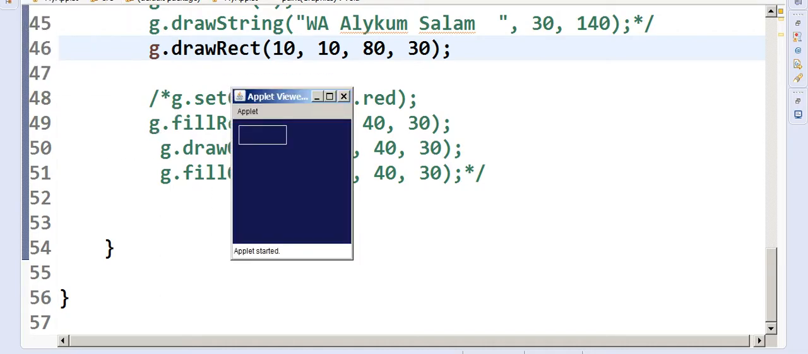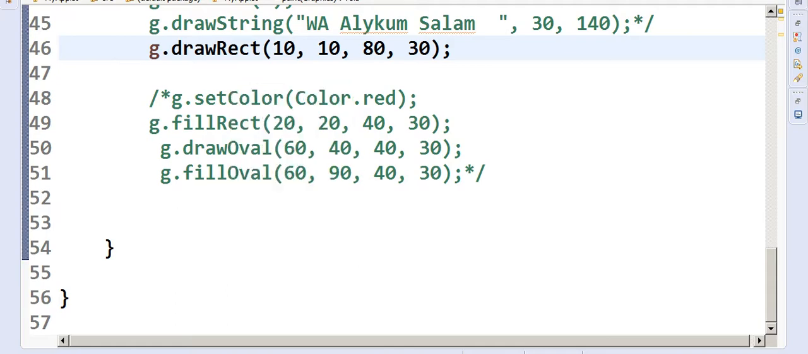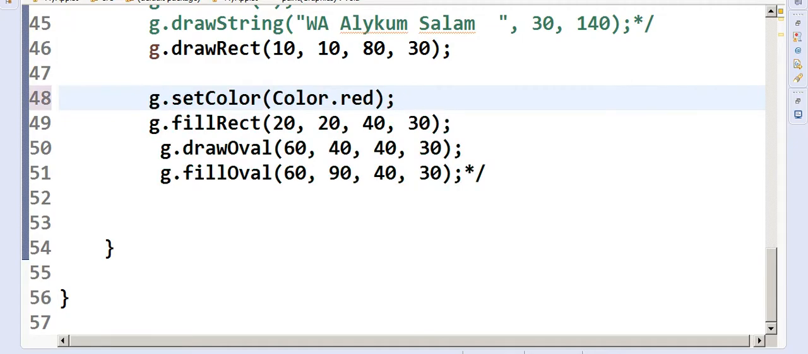So it's definitely been a bit width. As you can see, width has increased and height remains 30. Okay, and this is 10, 10 at the 10, 10 location. Now if I change the color, g.setColor to Color.red, now I'm converting this to the red